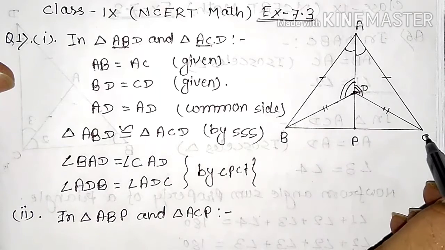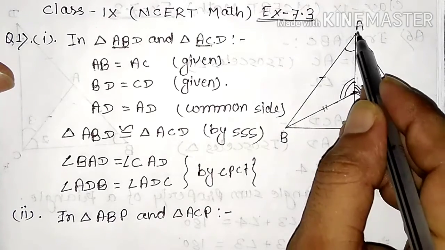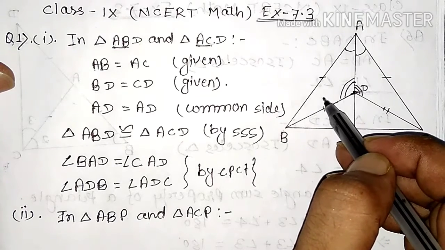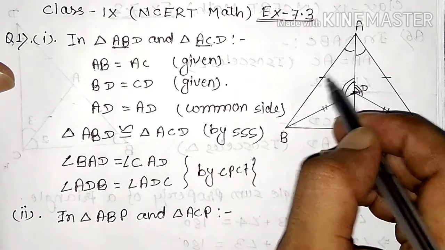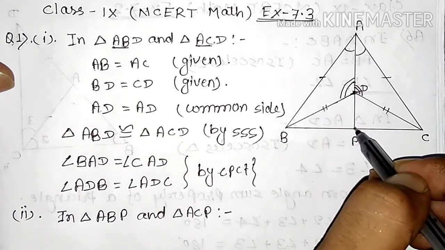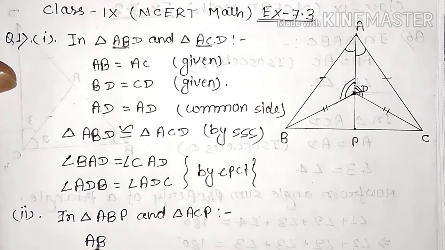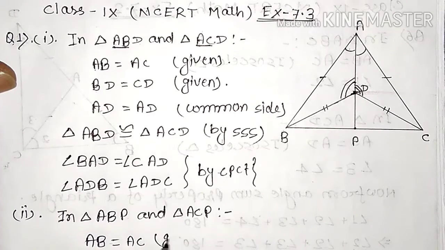CAD, we can write this angle as CAP. So both the triangles are congruent by side angle side congruency theorem. So I am going to write it. AB is equal to AC, given, same thing,